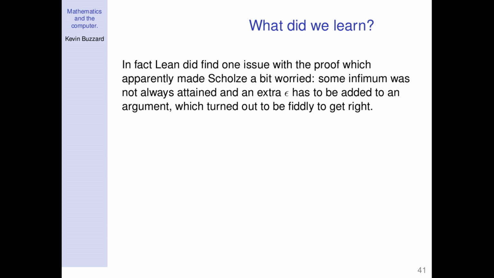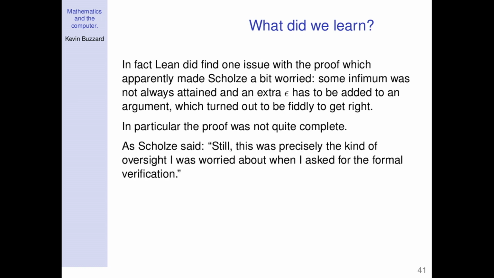And we did find one problem, that actually there was a certain inf that wasn't obviously attained. And so an epsilon had to be added, and then a whole bunch of epsilons suddenly appeared, and then you were just, oh, blimey, I hope that I wasn't relying on x less than or equal to x, and it's now going to be x plus epsilon less than or equal to x, because then I'm going to be dead. So apparently Scholze was a bit worried for a day or two. Under a day. He'd fixed it a day later. So the proof wasn't quite complete, but it's complete now.